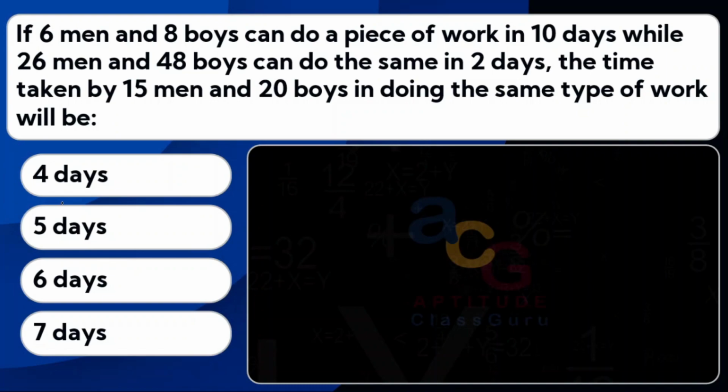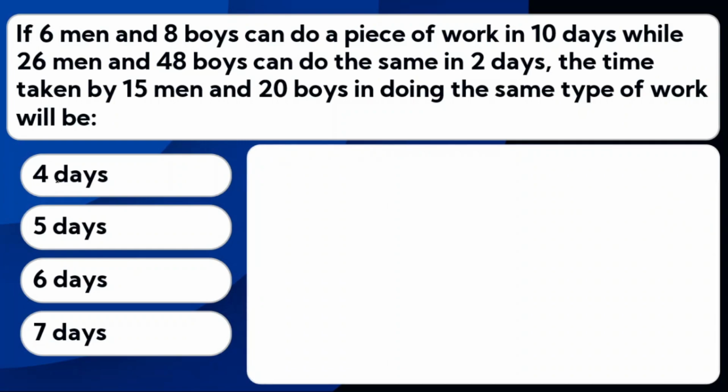Just look at it. When you see this type of problem, just remember that it's a general simple equation oriented method. I am assuming per day a man can do a work of X and per day a boy can do a work of Y. Remember that this is per day work. So a man's work per day is X and a boy's work per day is Y. Then 6 men working per day do 6X, plus 8 boys can complete the work of 8Y. Remember that here X and Y are per day work.